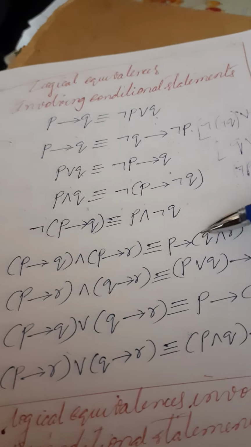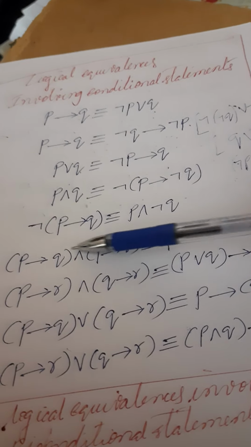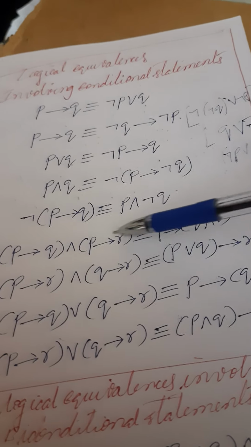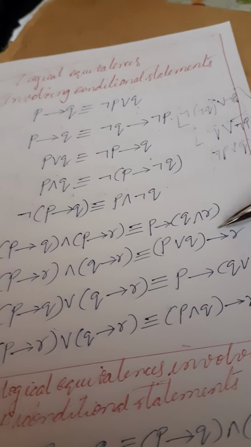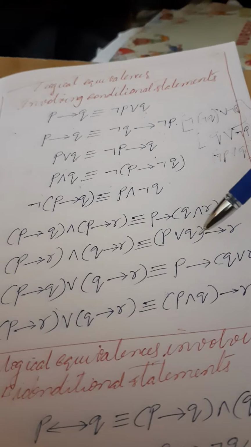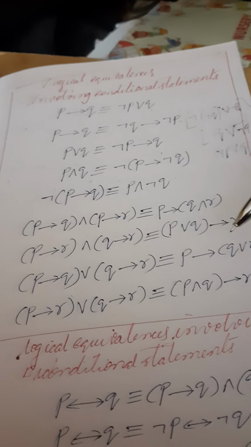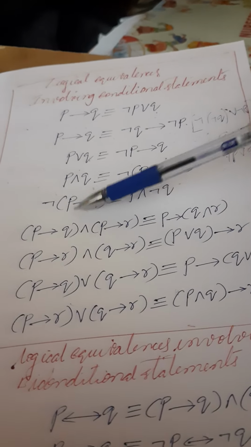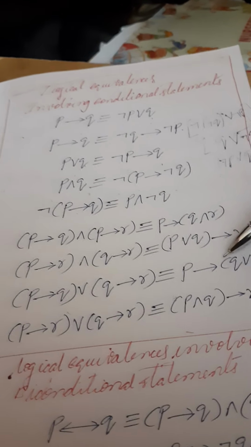First I will show you. If we draw truth tables, we will get to know these are equivalent, but we have to remember in the exam we can't draw all the truth tables and verify. At least these standard formulas we have to remember, then we can save our time in the exam. Okay, these direct statements are given from this table in the exam.